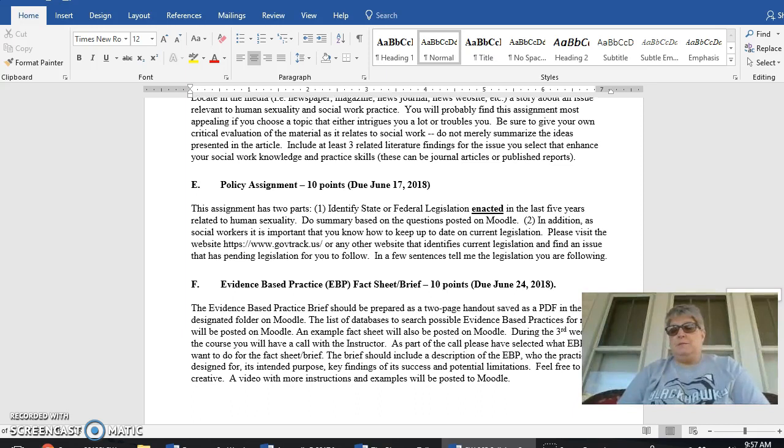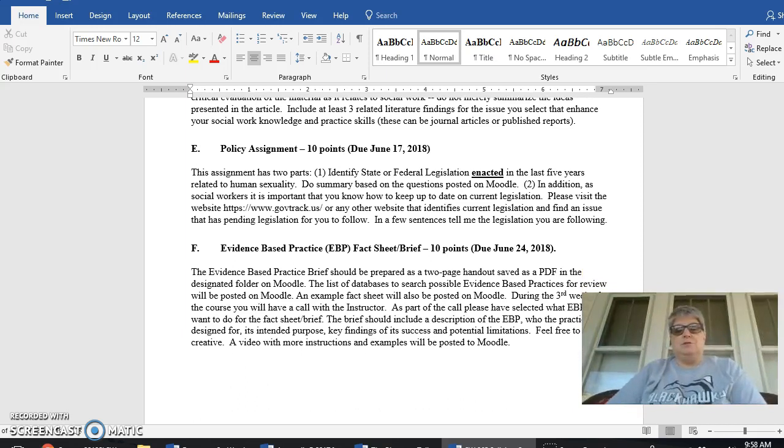Same thing on the policy assignment. That's due June 17th. This has two parts. The first is you're going to identify a state or federal legislation enacted in the last 5 years related to human sexuality. Again, think broadly. You'll do a